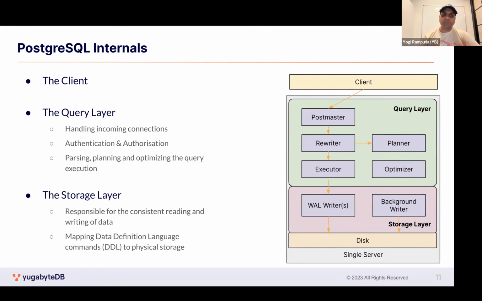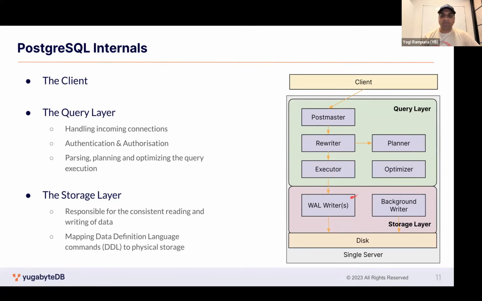The rewriter, which rewrites your queries, creates a plan against it and sends it to the executor. Over a period of time, the planner and optimizer work together and provide better plans. And whatever the plan is, it is given to the executor, where it leverages 2 levels of storage